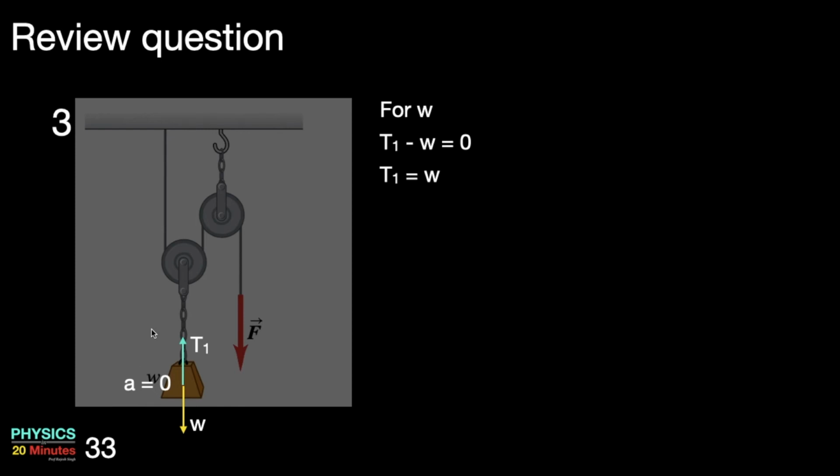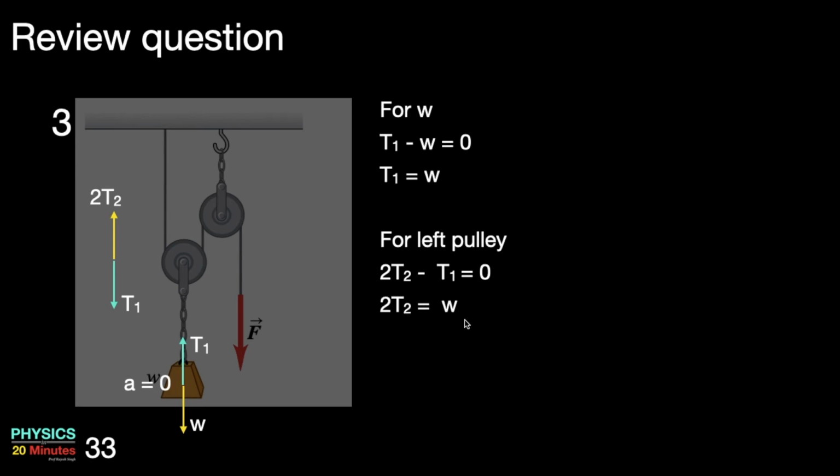If you draw the free body diagram for this pulley, then you will have T1, the tension in this chain, working downward, and you have T2 working upward, but remember T2 will work from two ends. One is from this end and one is from this end. So the total force working in the upward direction has to be 2T2. So 2T2 is the upward force, T1 is the downward force. So T1 is equal to W. So 2T2 is W, or T2 is W by 2.